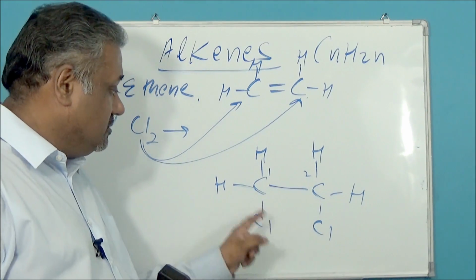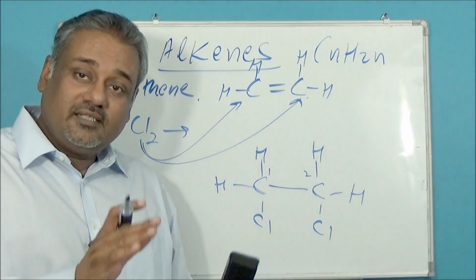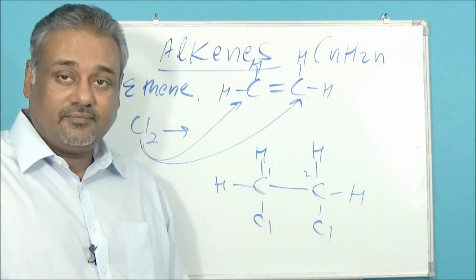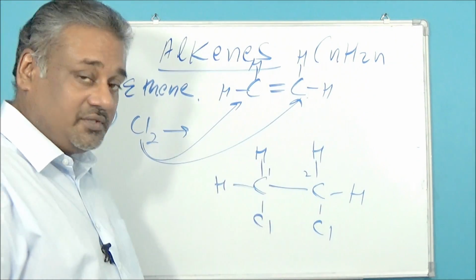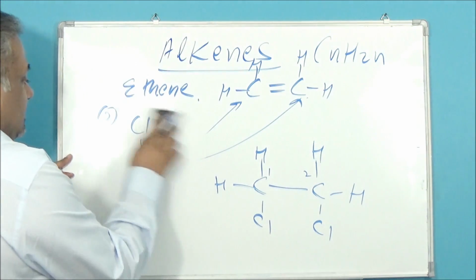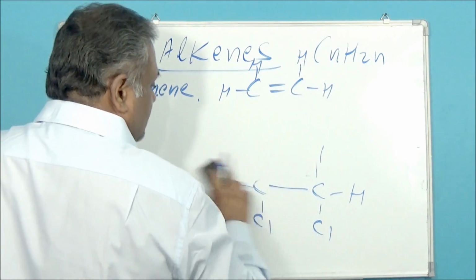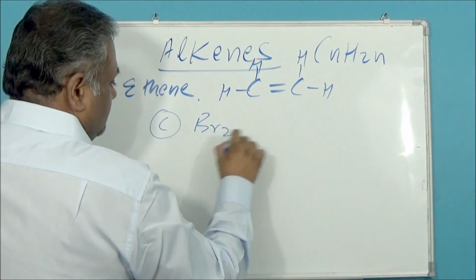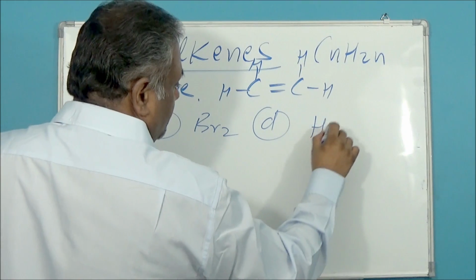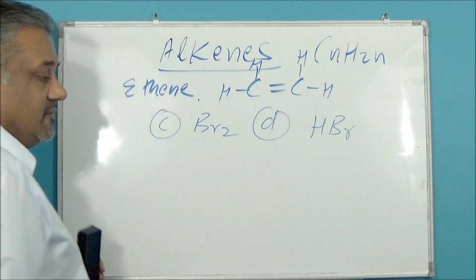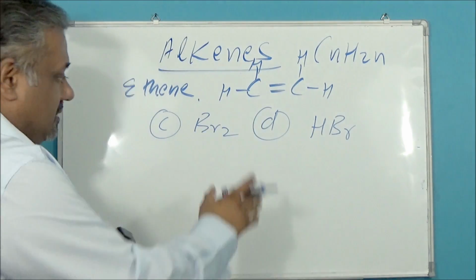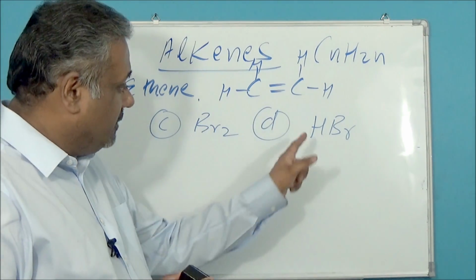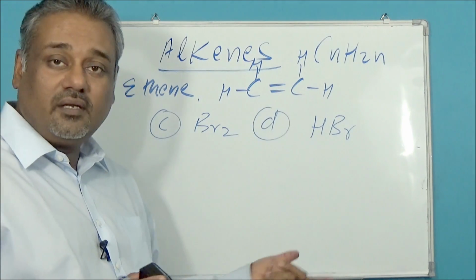So 1,2-dichloroethane. But the IGCSE marking schemes will give you full marks even if you just say dichloroethane. But it's recommended that you give the position. That's reaction with chlorine. So as a practice, why don't you do the reaction with bromine and HBr yourself. You could do these reactions. The reaction will be exactly the same. You put one Br here, one Br here, or when you react with HBr, one H here, one Br here,